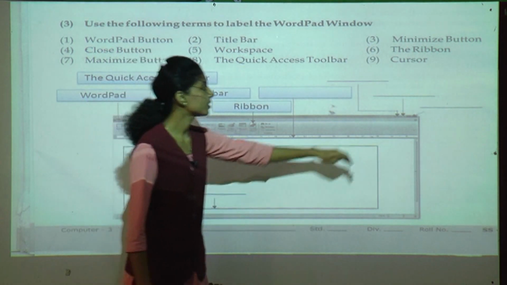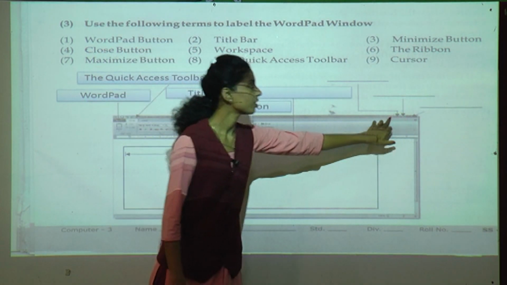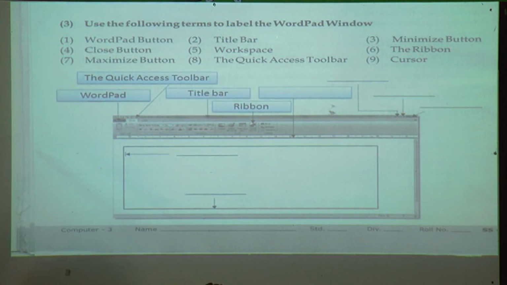If you can't see here properly, you have the skill sheet, see that. Control buttons, having 3 buttons. First one is minimize button, then maximize button, and then close button.